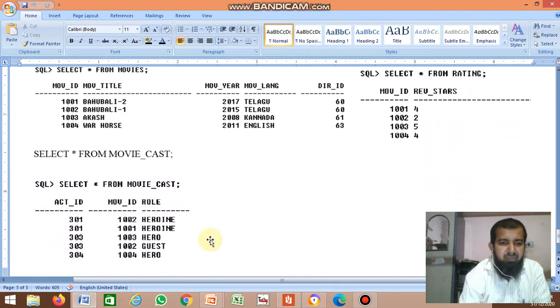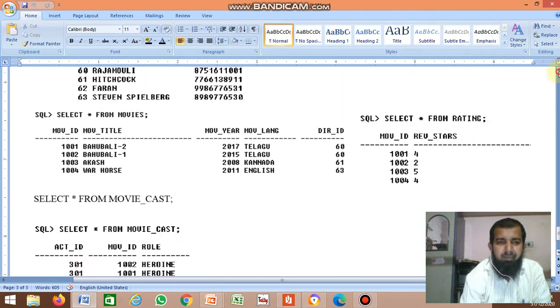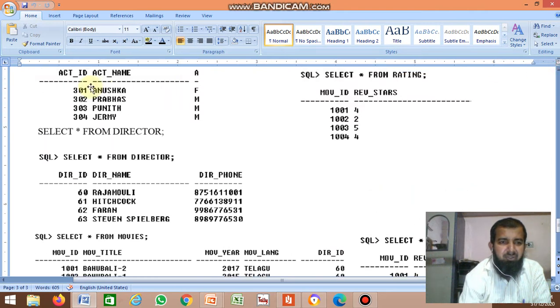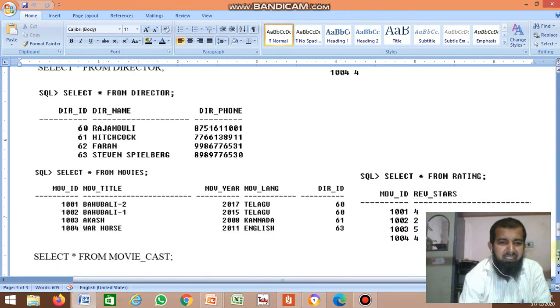So here the actor ID is 301. Who is 301? You have to see here: Anushka. Her actor ID is 301, and she acted in both movies, Bahubali 1 and Bahubali 2.